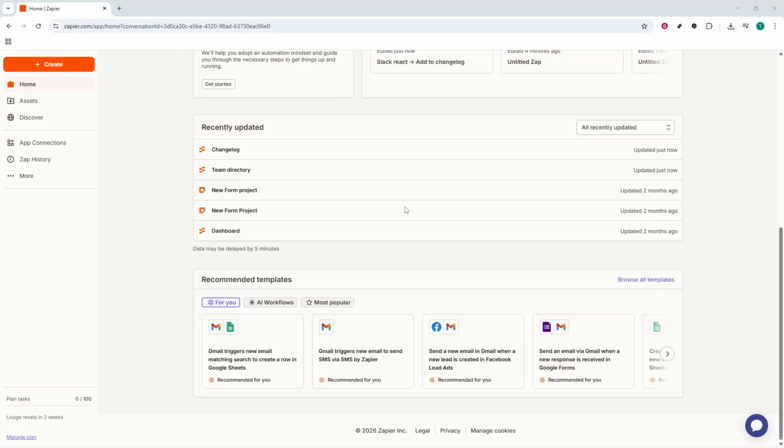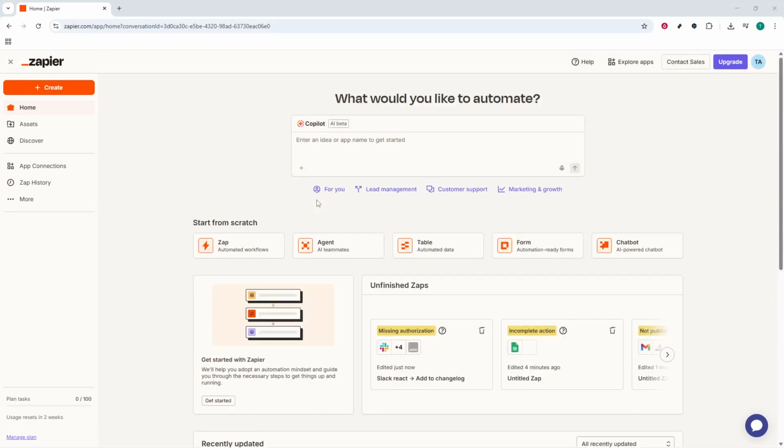In today's video, I'm going to teach you how to use Zapier templates to save time. Zapier templates are pre-built automations, called zaps, that connect your apps so routine work happens in the background. Instead of building from scratch, templates give you a ready-made starting point with the trigger and actions already set up. This is perfect when you know what you want to automate, but you don't want to spend time wiring each